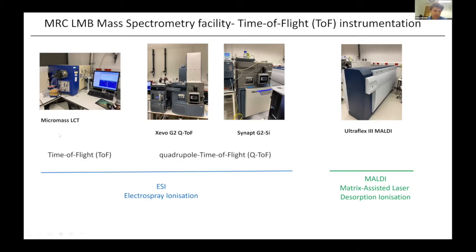mass measurements. So basically, on the left-hand side, we've got three time-of-flight instruments. The two in the middle combine a quadrupole with the time-of-flight mass analyzer, and the LCT only has the time-of-flight mass analyzer. The application area would be intact protein mass measurements, and we do a fair bit of this type of work. That would typically be performed after the protein has been purified in order to characterize